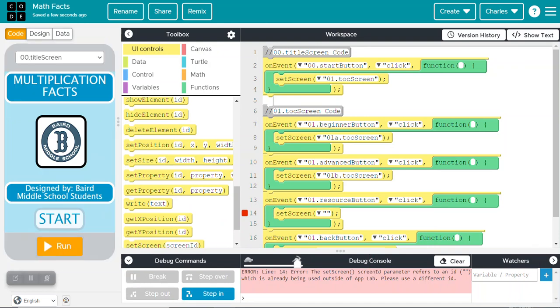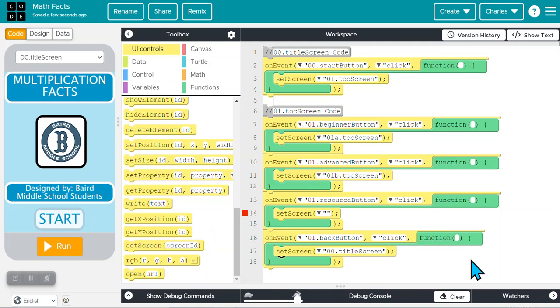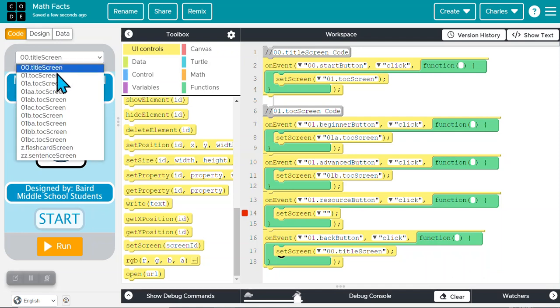Okay, so I'm going to close this out here. Oh, I'm not. Oh, well. Okay, so I'm going to go to, there it is right there. I'm going to pause this, or you're going to pause this and come back to the next video for coding the 01A screen. Okay,